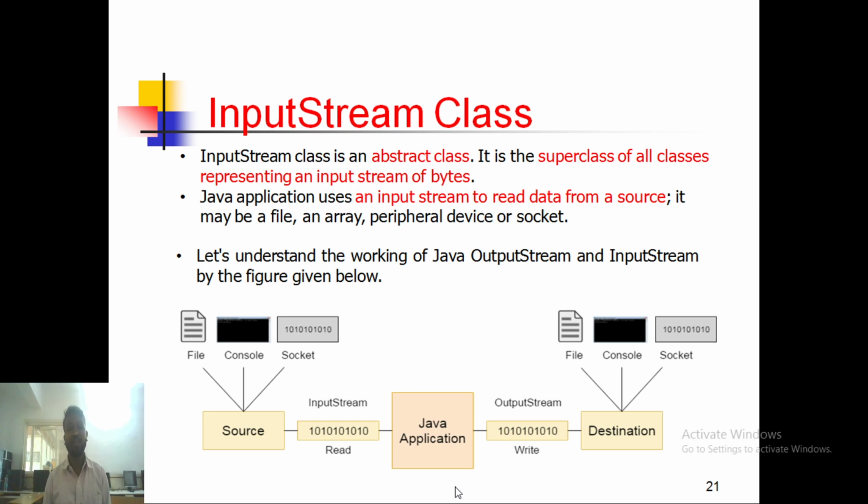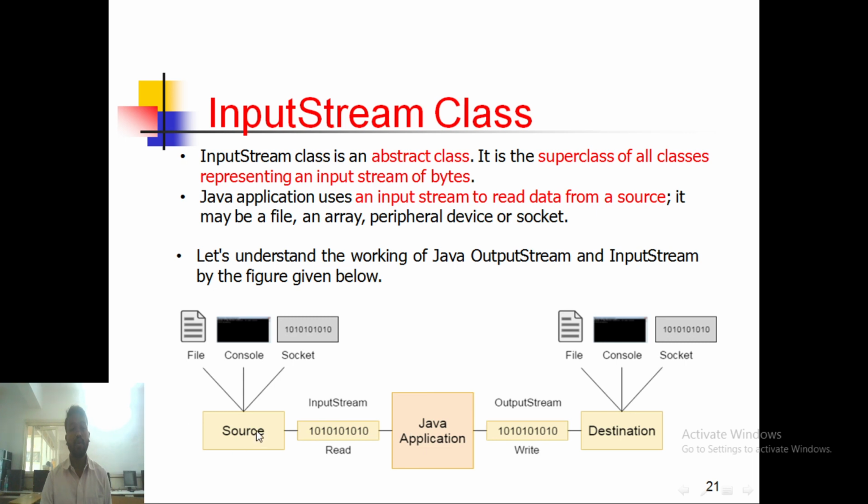So whether it is a file, or an array, or any peripheral device, or a socket, let's understand how the InputStream class actually works. Suppose there is some source, and you are going to read the bytes of the stream from the source with the help of your Java program.